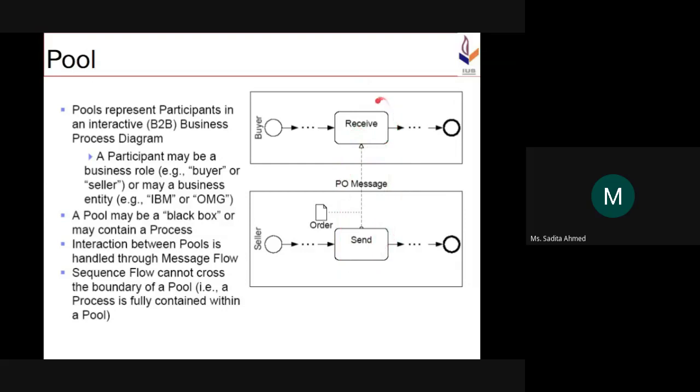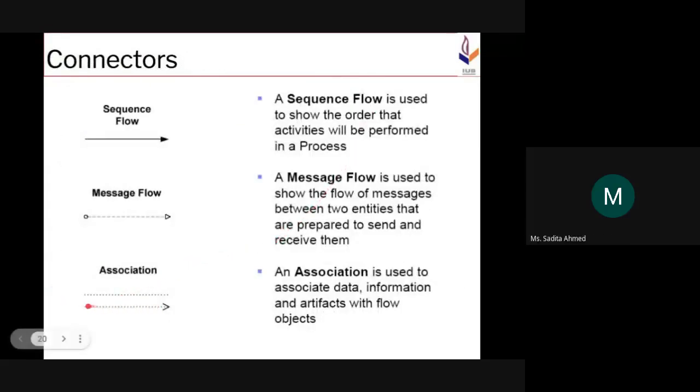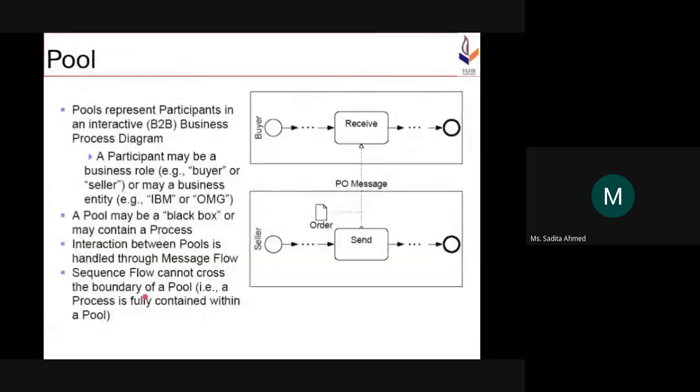If there was no message flow, in that case how would you represent the direction? In that case you would have to use a dotted association connector with an arrowhead. Arrowhead টা দিয়ে তুমি ডিরেকশনটা বুঝাতে পারতা যে ওকে the direction is from the seller to the buyer. এই যে এই ডিরেকশনটা বোঝানোর জন্য তখন তোমার অ্যারোহেডটা লাগতো। যেহেতু মেসেজ ফ্লো না থাকলে আদার